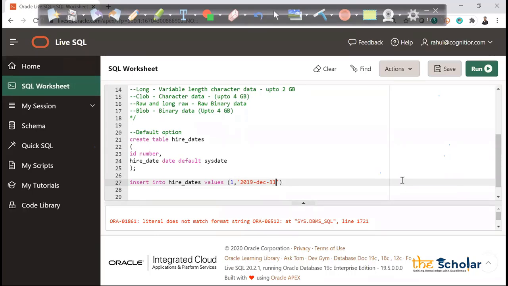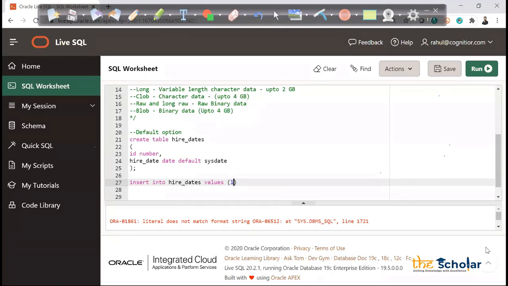As of now, let's do one thing. Let's say I'm a layman and I don't know how to add the date, right? I'm purposefully doing this. As a layman, I don't know how to add a date, I'm a non-technical guy, but I have to insert today's date, right? I want to insert today's date for the joining, that one guy with the employee ID 1 joined my company, and I want to put today's date.